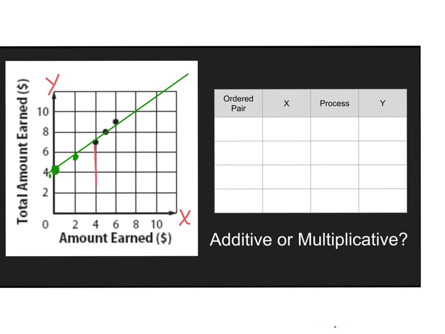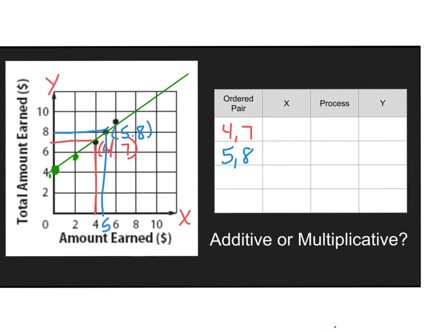So x, if you notice, this one is 4, and for y, it's between 6 and 8, which is 7. So it's 4 and 7. I'm going to write 4, 7 here. Then the next one: between 4 and 6 is 5, so that's going to be 5. Remember, x is always first, and over here y is 8. So it's 5 and 8. And then the last one